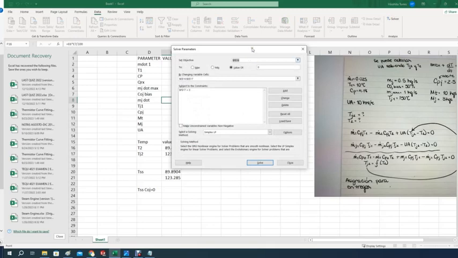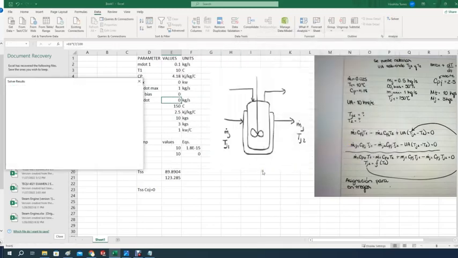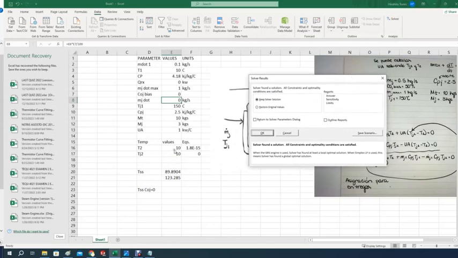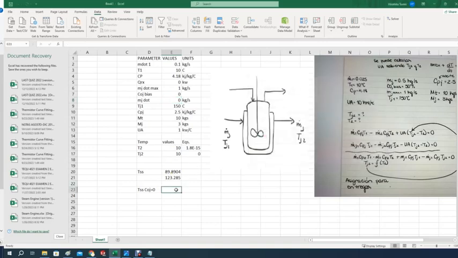Solver, solve, and check what's going to happen. See, you get 10 and 10. This is 10, which was the input temperature here, and this is 10. Now set TSS. What are the values for the steady state when